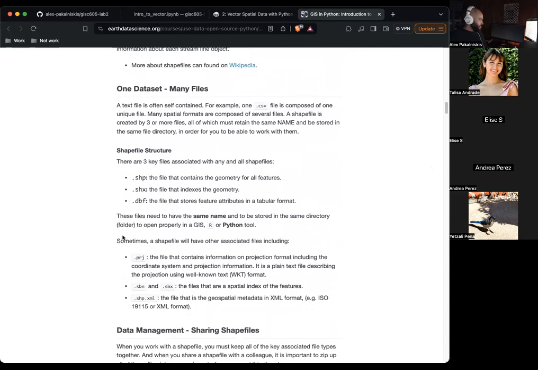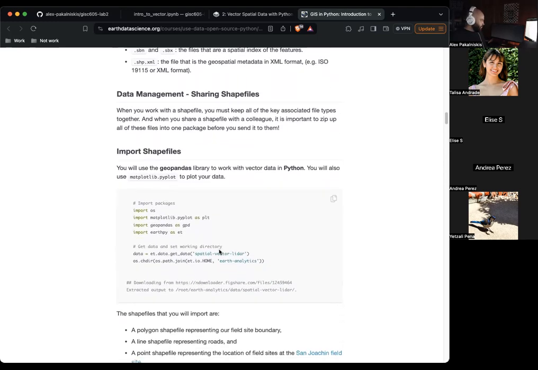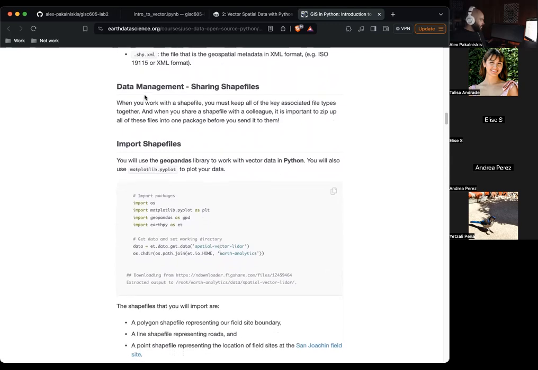But you can see some of the files that a shapefile will have. One of note is the PRJ file, and this is something that we're going to be inspecting a little bit later today to display metadata about our spatial data. And then it's important to share all those files when you're sharing a shapefile.